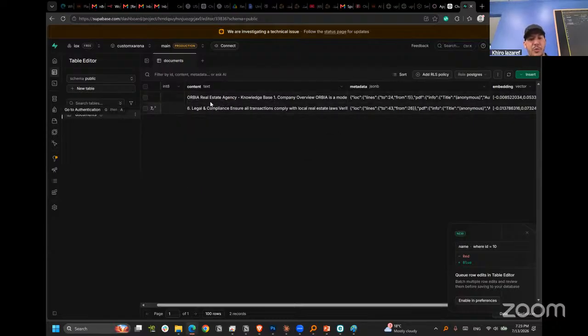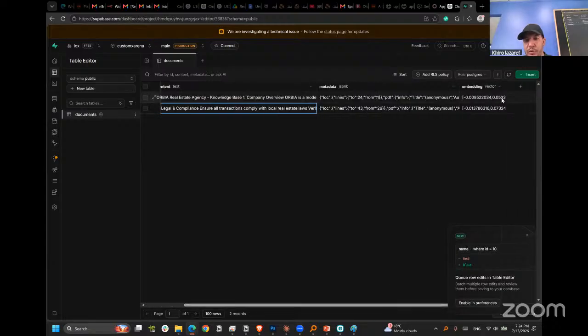So the database will be formed like that. You have the ID and you have the content of part of your data. There's a metadata of it, and there is the embedding vector. This is the vector. This is the embedding where it comes from. So this data is stored in those coordinates. This data is stored in those coordinates. And if you see,